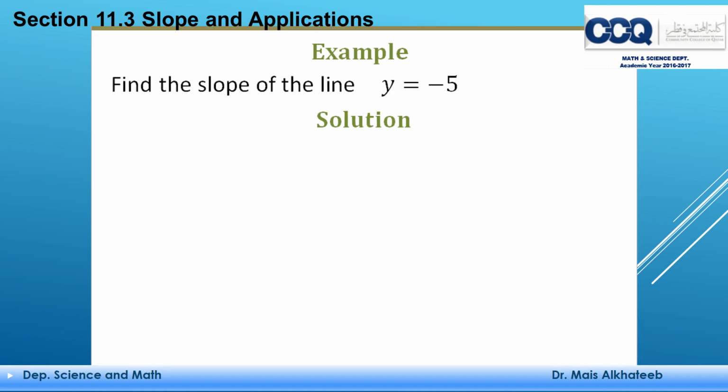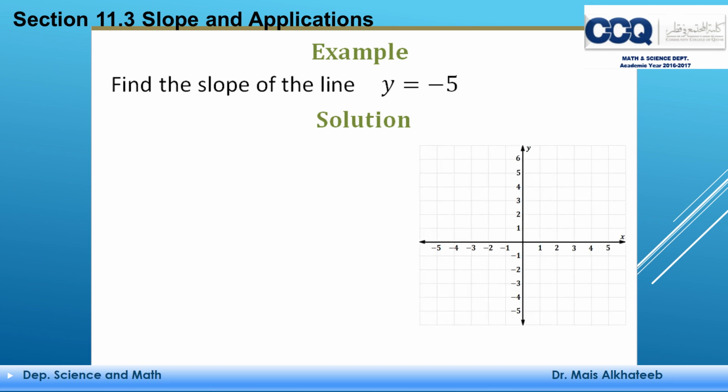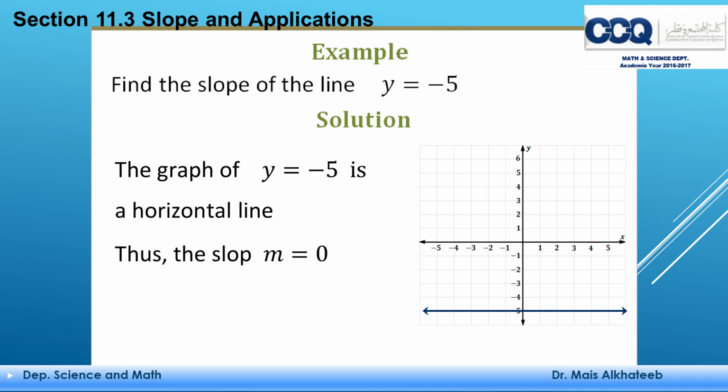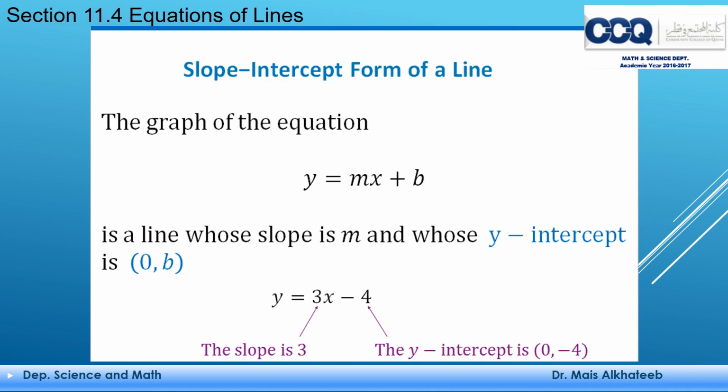طيب another example find the slope of the line y equal minus 5. الواي ثابتة والاكس عم تتغير. الواي ثابتة الاكس عم تتغير معناتها التابع is a horizontal line in this case. الهوريزونتال لاين اللي هو افقي ما عنده ميل، الميل تبعه 0. okay the graph of y equal minus 5 is a horizontal line therefore the slope equal 0. okay طيب